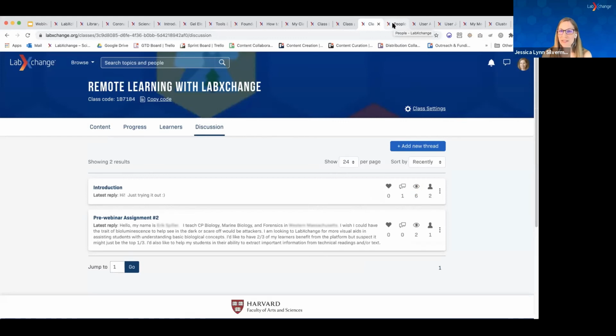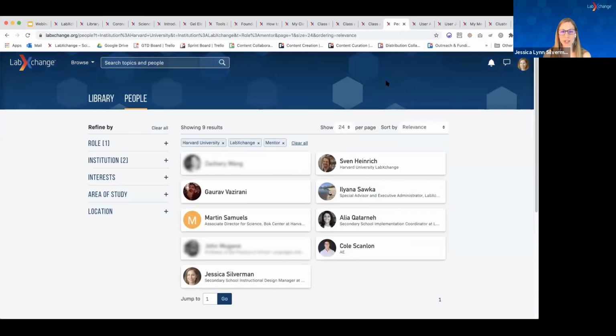So the last feature that I'll talk about, we're going to go to Browse here. We've been talking about all the different things that you can do with your dashboard. We're going to head over to this last tab, the People tab, and just talk very briefly about our mentoring feature. So you can filter based on whether folks are mentors or not, what institutions they're from, interests, things like that, so that you can really drill down and identify someone who, if you're looking for expertise, might have the experience that would help you to, say, implement a new curriculum, or think about a new style of pedagogy that